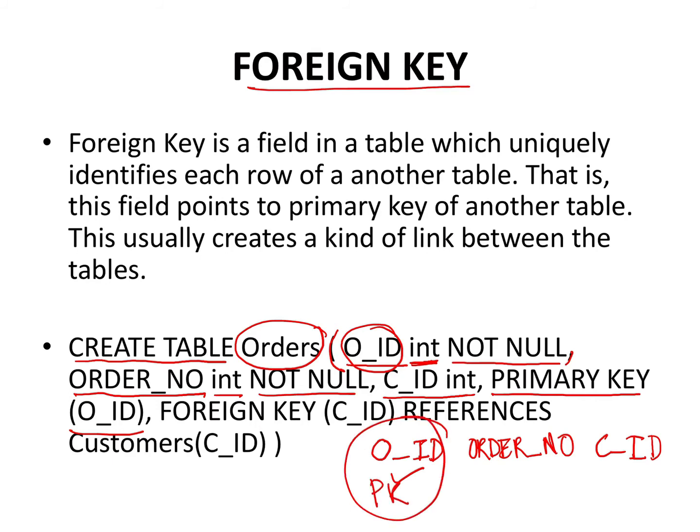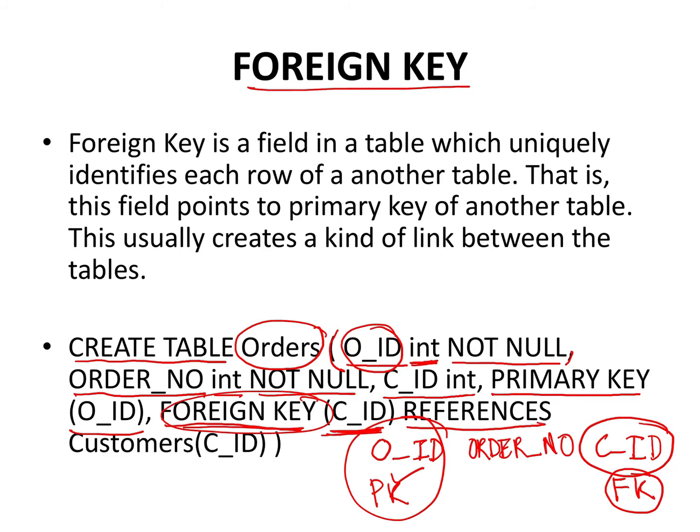This is done. Now how to make the foreign key? Similarly, I will say foreign key, and in the bracket the column that I want to make the foreign key. So I want to make CID the foreign key. That means this foreign key will relate to some column in some other table which is a primary key there. That will help you have a relational database which will establish the relationship between different tables.